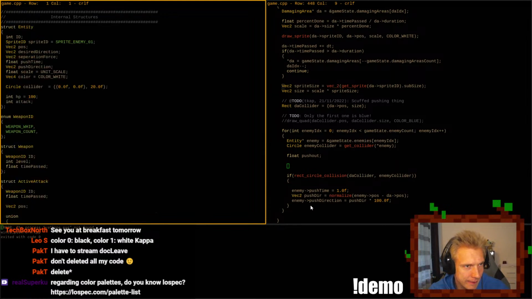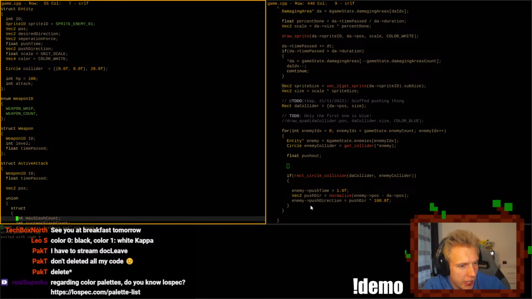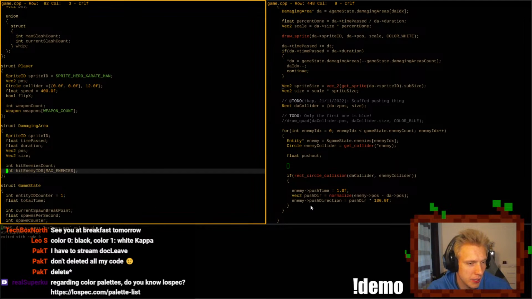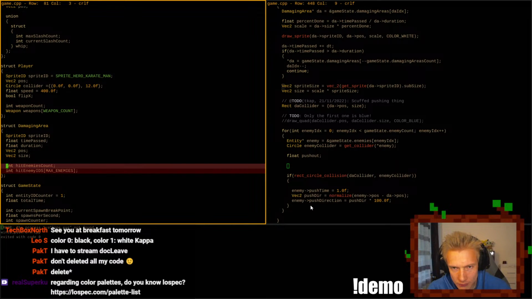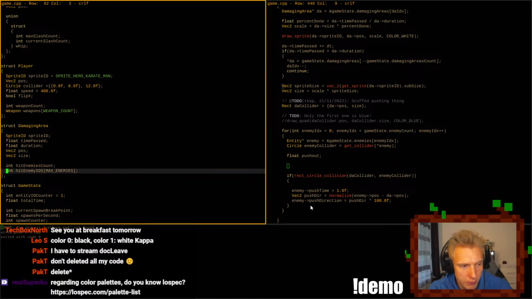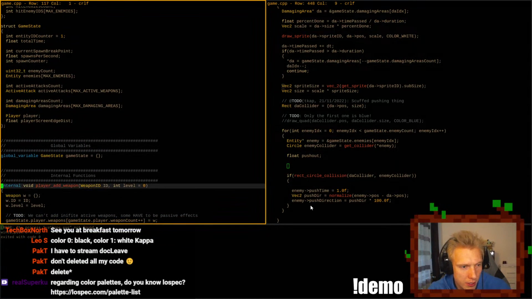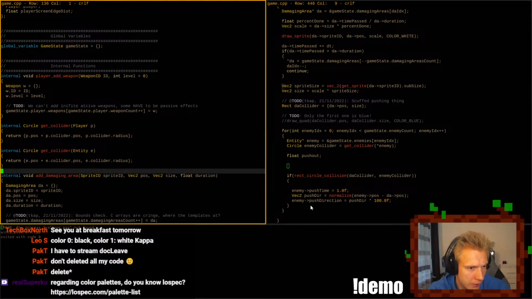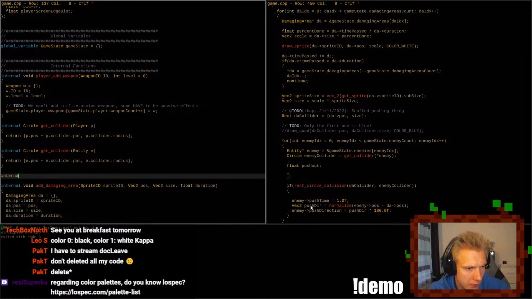On a damaging area, we have hit enemies, hit enemy IDs. And we can create a helper function: internal bool has hit enemy.